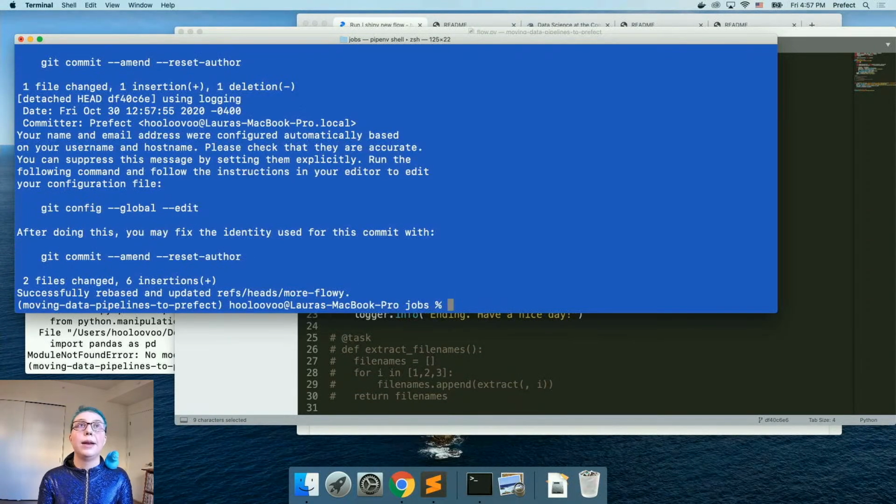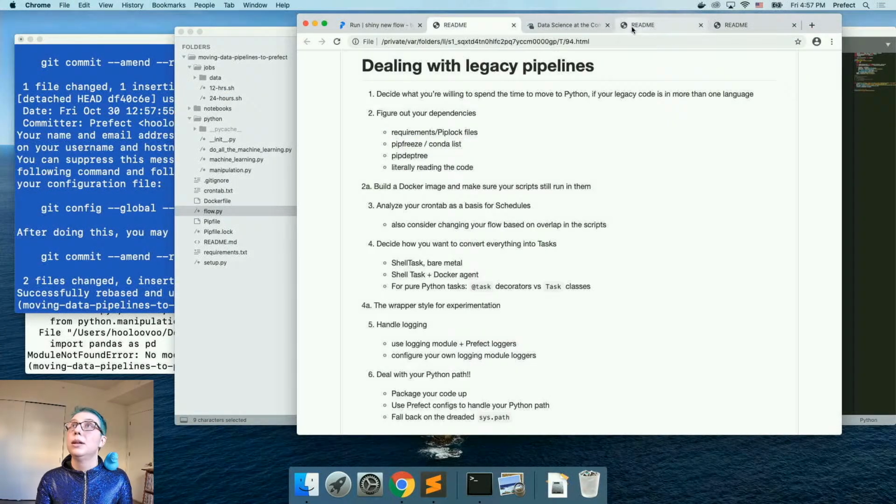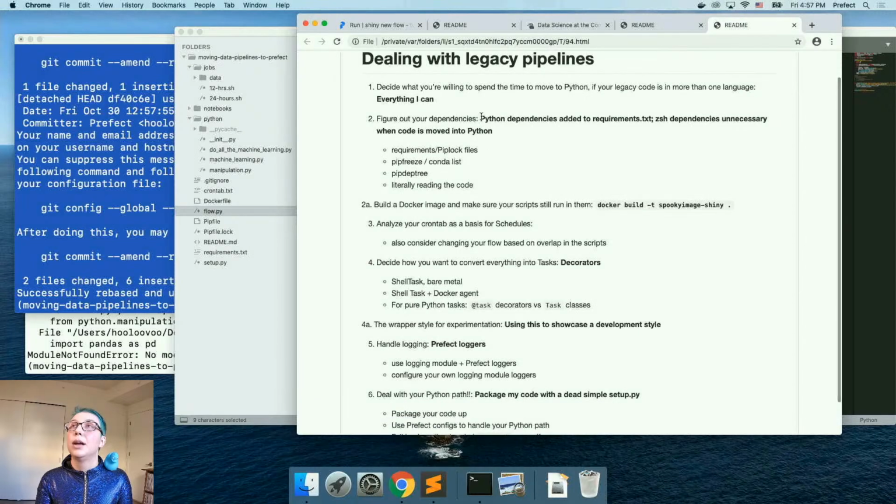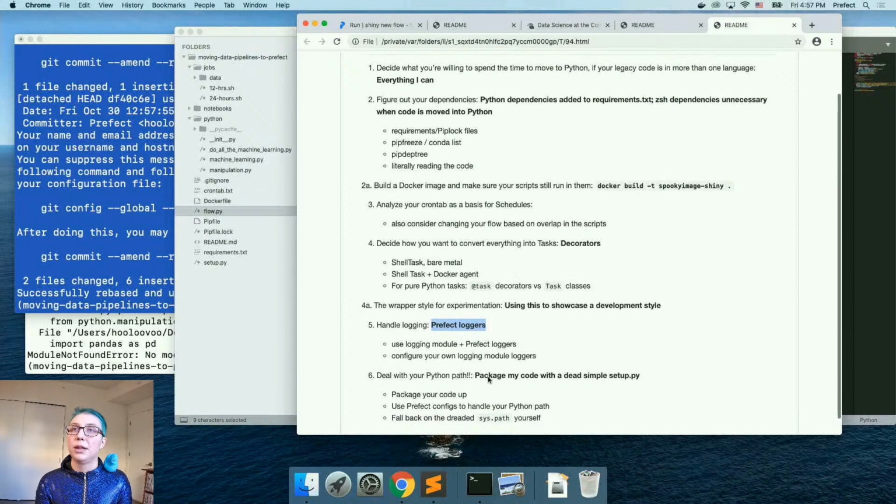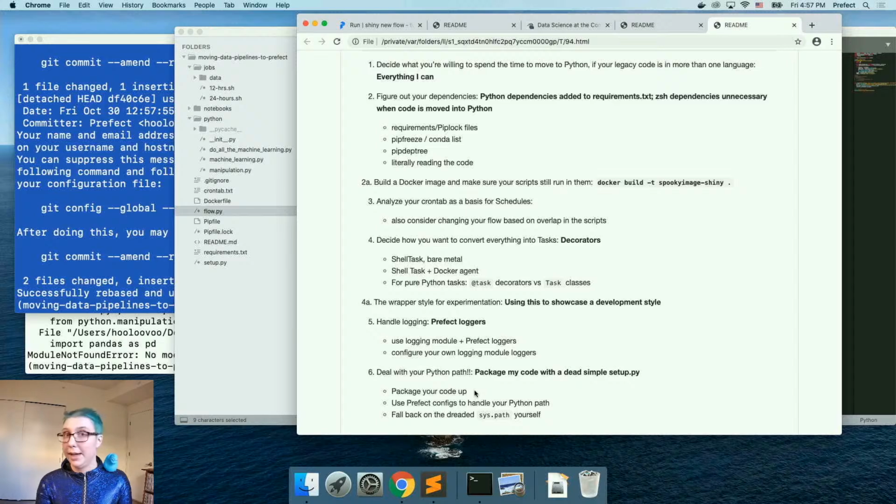Okay. And I think that is it. That is going through our spooky image, shiny, moving things out of decorators, showing a little bit about how you can just smash everything into a big one and then peel it out piece by piece as you go. Doing a little bit of Prefect loggers and showing you my dead simple setup.py so that you don't have to play games with your Python path if you don't want to. So that is the show. Hopefully it's made you less scared to handle your